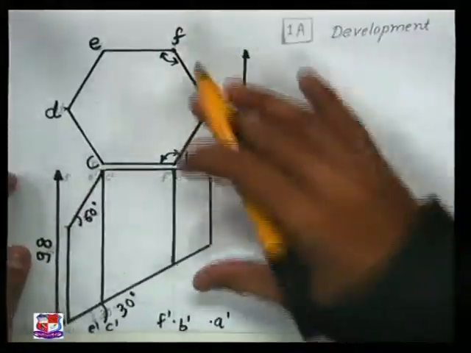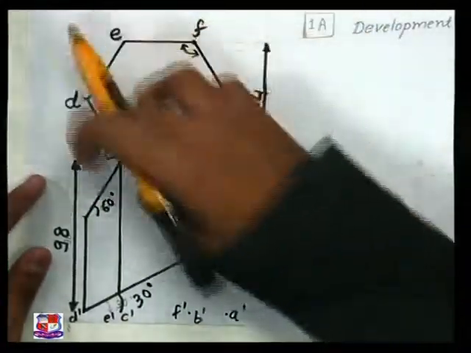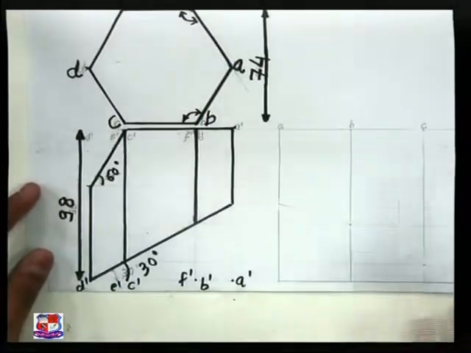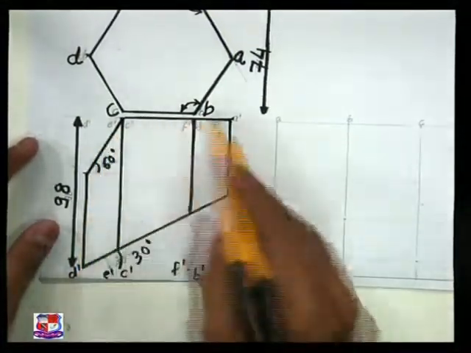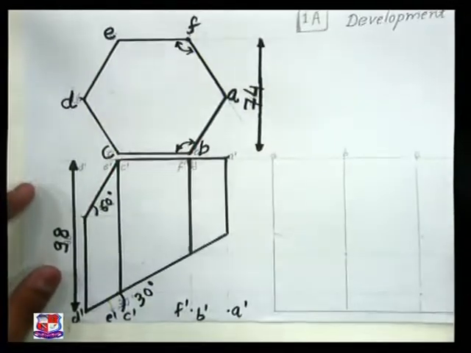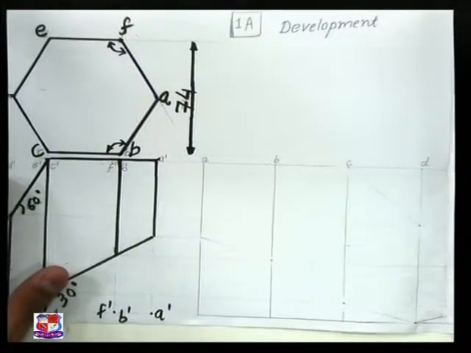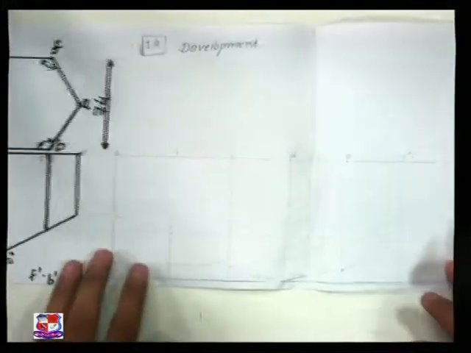If you draw just this diagram, you may get 2 marks because it's very difficult to draw the hexagon for this given situation. Now we think about the development of the outer lateral surface of the given problem. If this hexagon is not cut anywhere, then its development would appear as just a rectangle. So we draw a rectangle of given dimension. We know its side length, that is 42 mm.